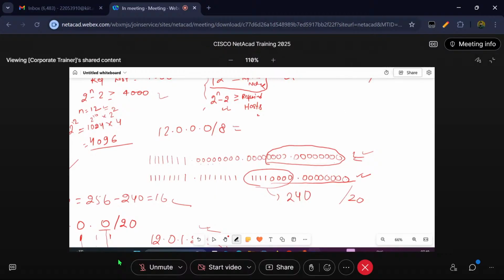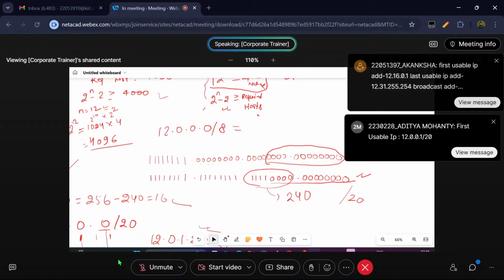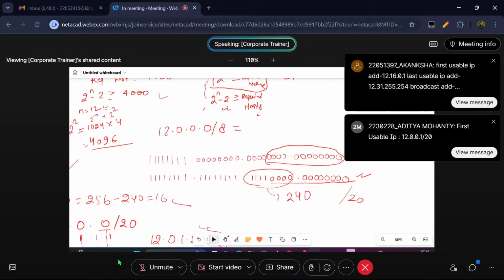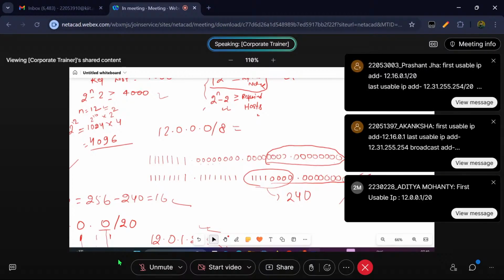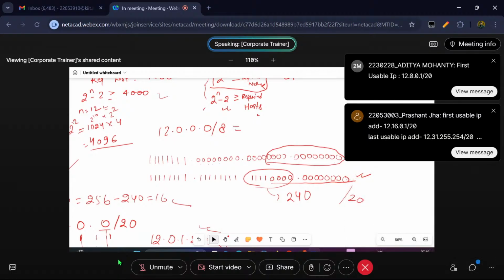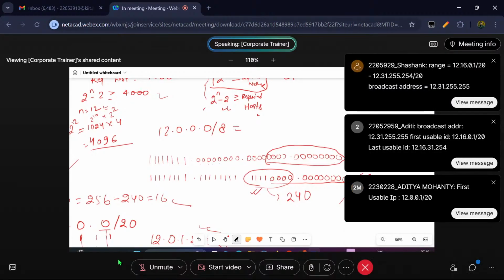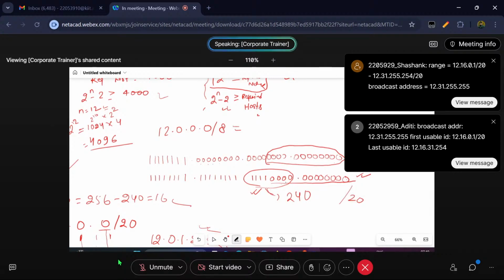Now just see which octet has values that have changed, not fixed values. We can call that a change value. Wherever you find a combination of 0 and 1, that is the change value. We got it in the third octet, because in the third octet there are some 1s and some 0s, 4 ones and 4 zeros. So you have to convert this change value